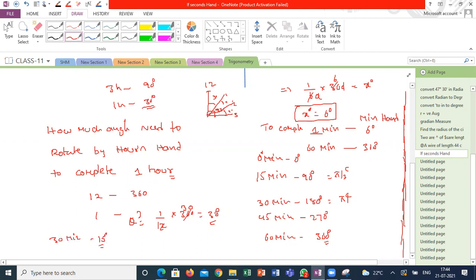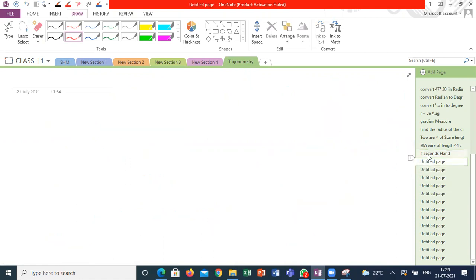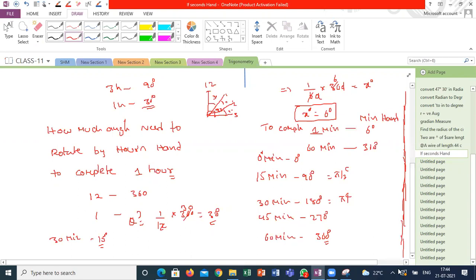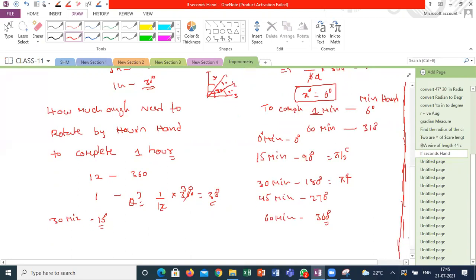Now, the question is, in 1 minute, what is the angle rotated by the hour hand? Half degree. This should be in your mind, so you can answer quickly instead of calculating using the ratio and proportions concept. These kinds of questions might be faced in MCQs. For 30 minutes, 15 degrees, so every 2 minutes it is taking 1 degree, so 1 minute it will take exactly 0.5 degree, half degree. This kind of calculation should be quick and hands-on, so it will be easy to answer if it comes for 1 mark without wasting time.